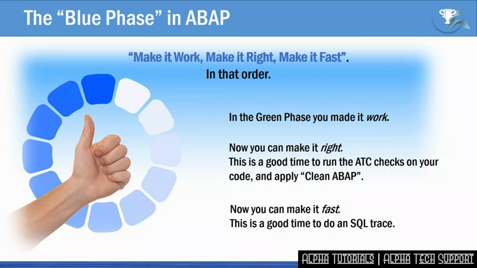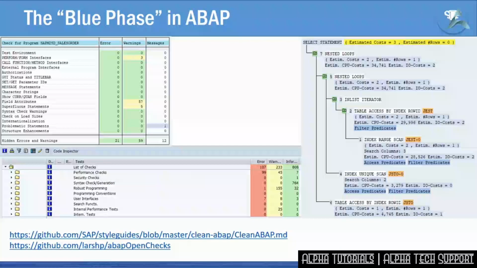Let us see what this looks like in SAP. I really, really hope everything on this screen looks really familiar to you. Top left corner, we have the extended program check. Bottom left is the code inspector. In both cases, all those numbers need to be reduced to 0. A lot of people skip this, but it needs to be done. On the right hand side, you have this ST05 trace on an SQL statement from a custom program.